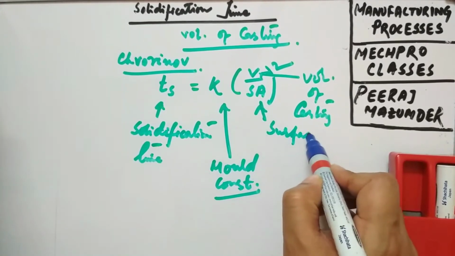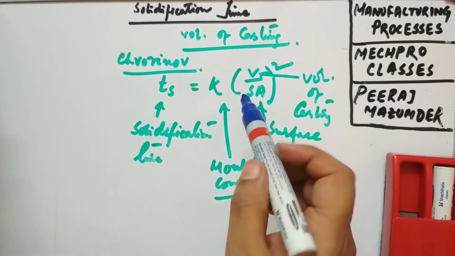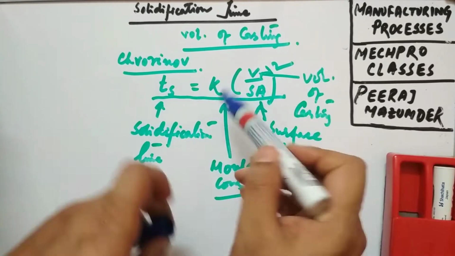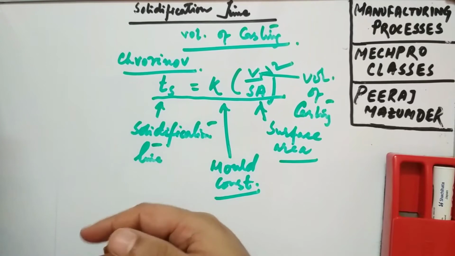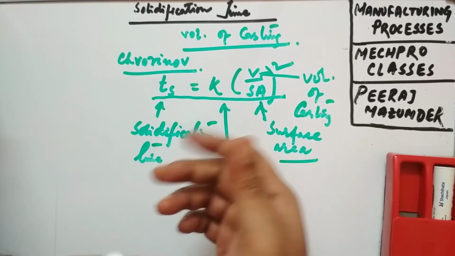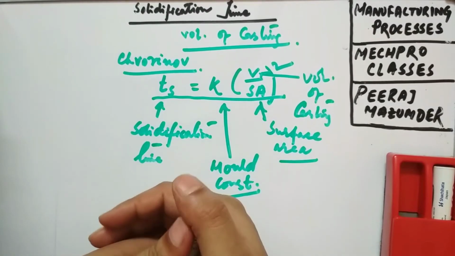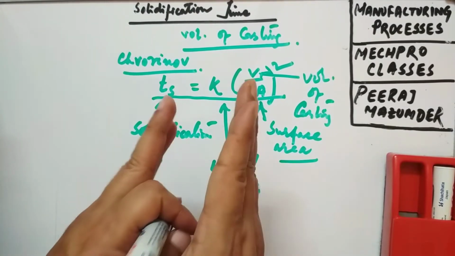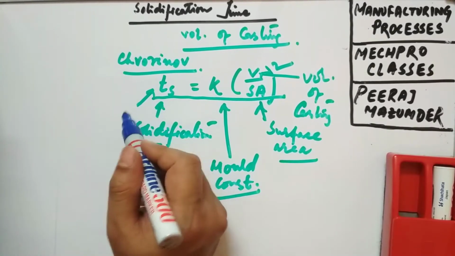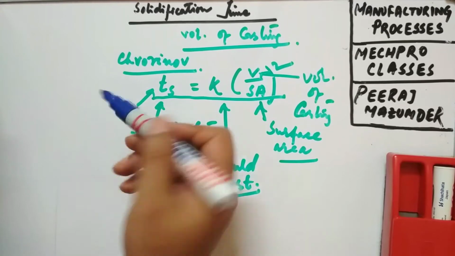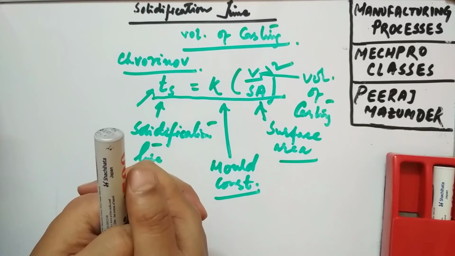surface area of the casting to be produced, you can write. Okay, so that is the surface area. Now look, this is the main formula which you have to remember, and based on this formula you have to solve different numericals on solidification time in your semester examinations or university examinations, as well as for your GATE examinations also. And one more thing, it may be in seconds or minutes, they will be provided in your questions. Okay, so now let us take a problem and try to solve one.